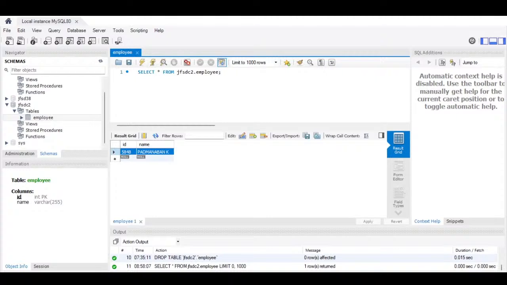Then we changed the name. Whatever the name exists previously, that has been changed based on the input. Then the changes are saved permanently into the database by using a merge function, merge method. Then we can commit the transaction. Session dot get transaction dot commit. So transaction is committed, then we can freeze the resource. Session dot close